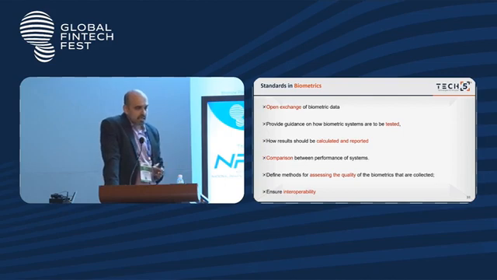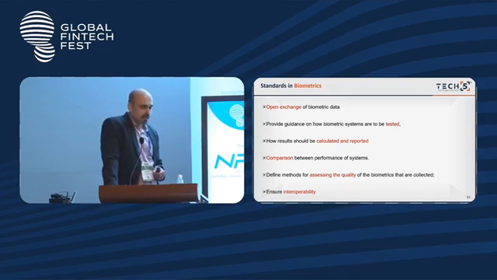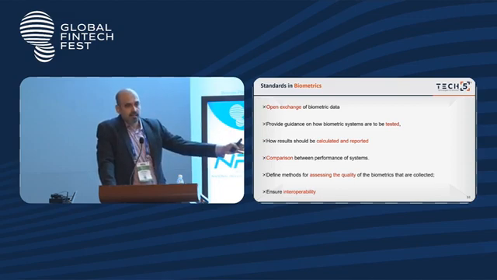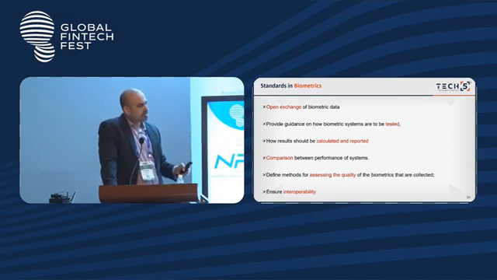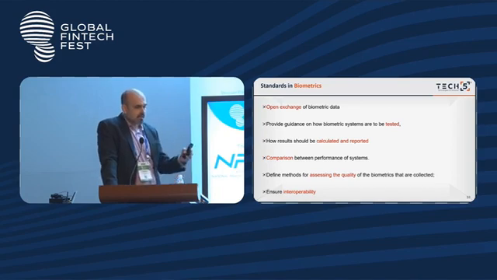Having seen what all innovation is happening around the world, we believe that standards are important because they allow open exchange of biometric data. That means whatever data is enrolled into one system can be reused into the other system. We want to ensure also that through the standards, all the biometric systems are tested well so that their performance can be compared. So when you have a system that is being deployed for a particular operation as enrolling into a central identity like we have done in Aadhaar, and then the great example would be the Aadhaar-enabled payment system of NPCI, right? If you want to ensure that the same database gets used for authentication transactions, you want to ensure that it meets certain minimum quality levels, and that's where standards are important.